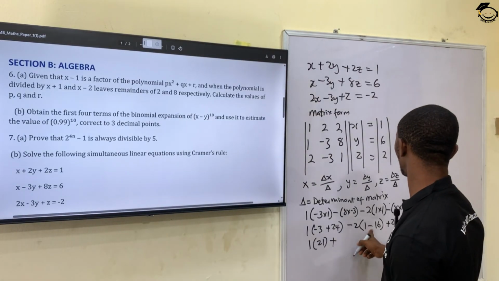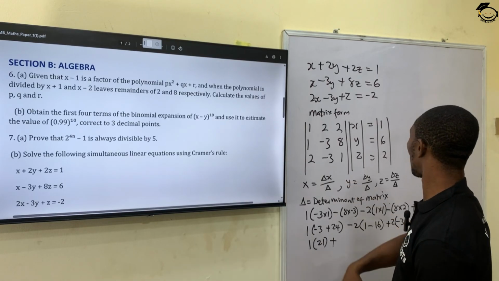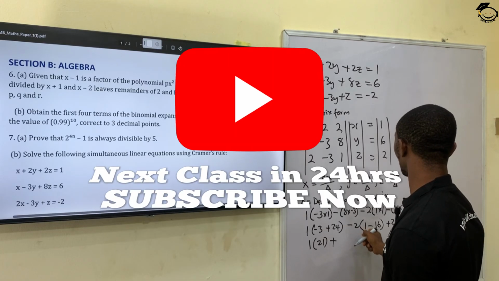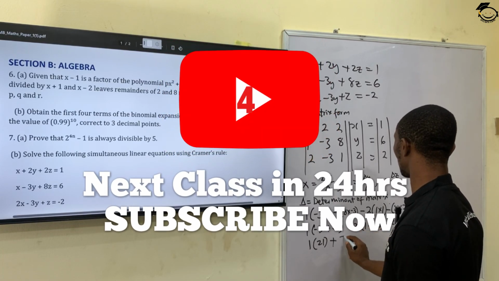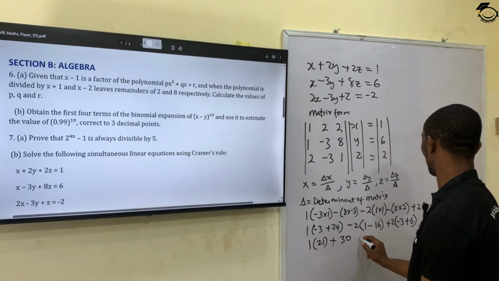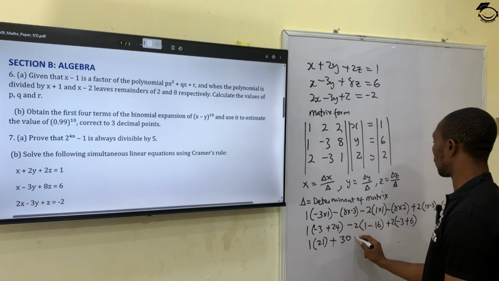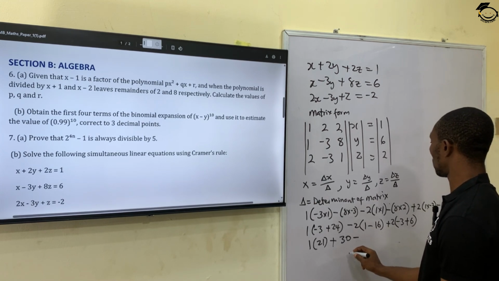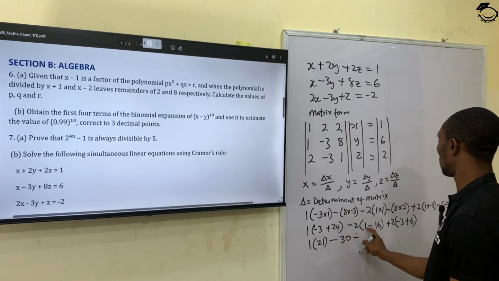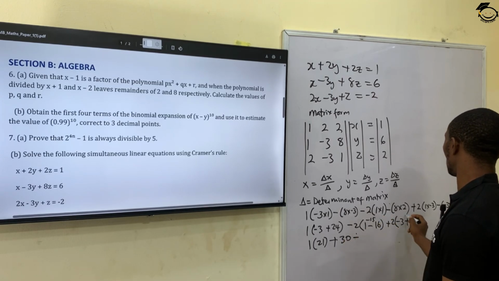Okay, minus 2 times 15. Minus 2 times 15 will give us minus plus 30. And this will give us 2 times 6. 2 times 3 will give us, this should be minus 15 plus 30. This is 3